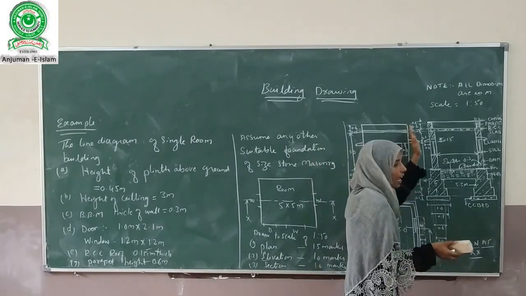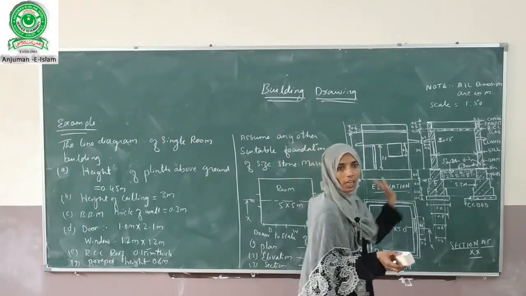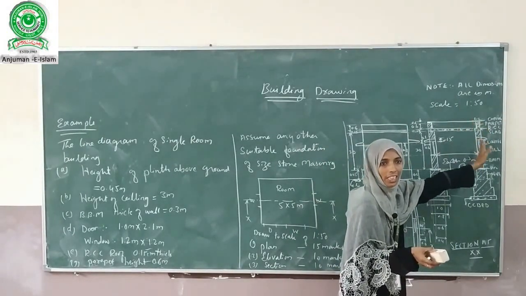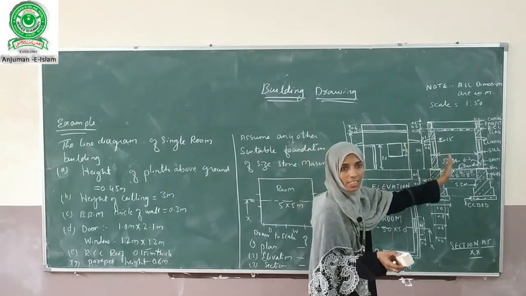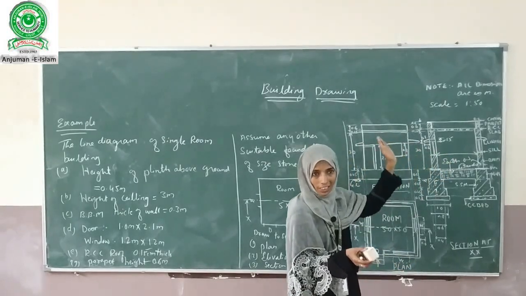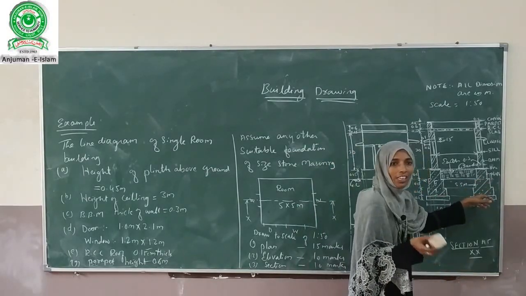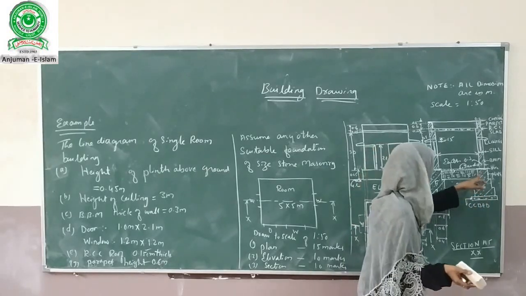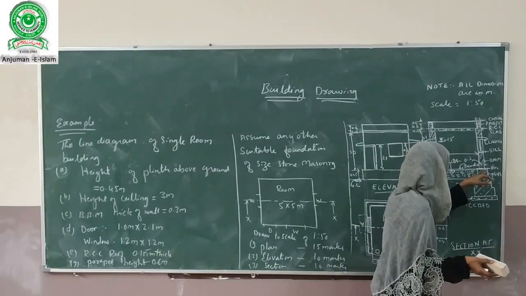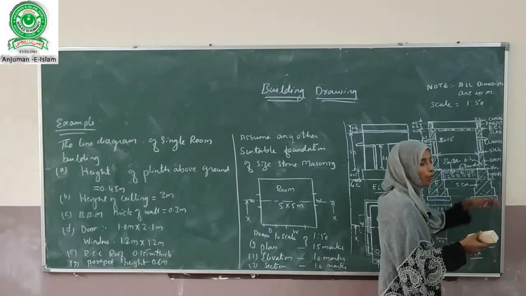So on the one side you have to give the dimensions. On the other side you have to give the text, that is the description or the specification regarding the various items which will be used for the constructions. For example, this hatching will indicate SS masonry, that is a size stone masonry. And this dark line is where we have drawn this DPC. So this indicates damp proof course.